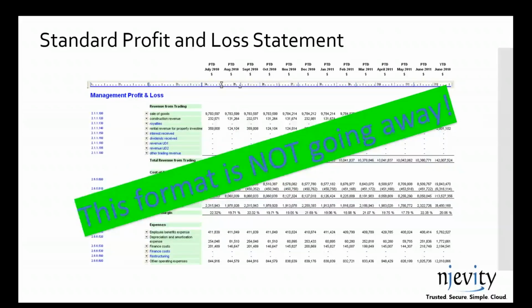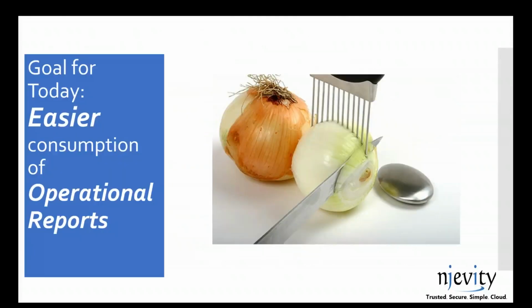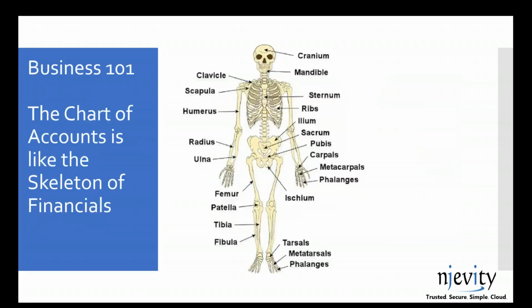That question I asked about which system you're using, that's not going to change. You're still going to need those statements that look like this. You're going to need them for banks. You're going to need them for any kind of lending institution. You're going to need them for potentially your board of directors. You're going to need them for governmental institutions. You're going to have to still have those formats. But from an operational point of view, we want to do something a little bit different. We want to make it easier to consume operational data. And that's what we're going to do here today, is talk about how to use Power BI to make it easier to consume that operational information.